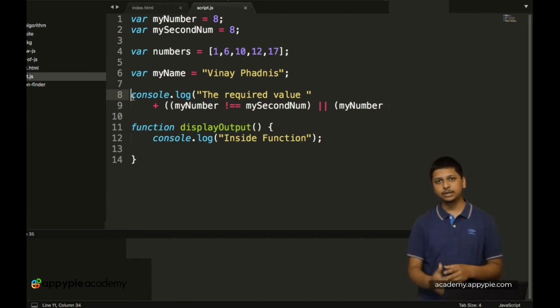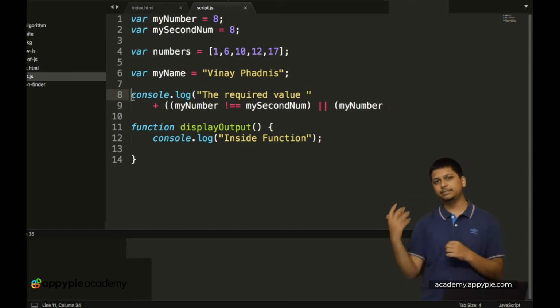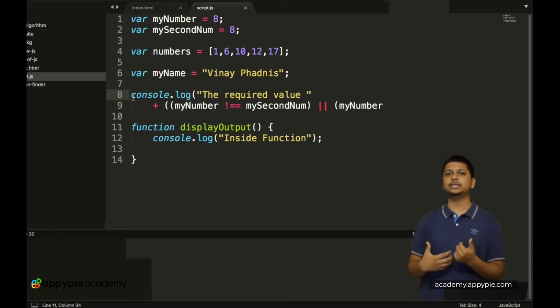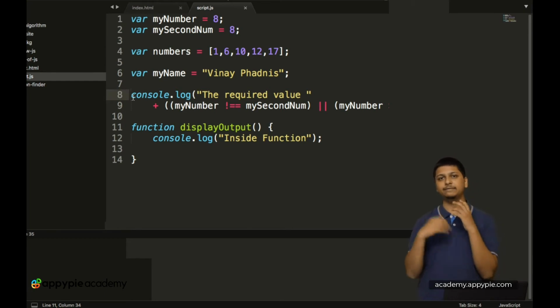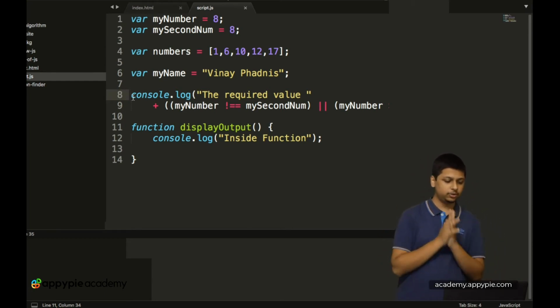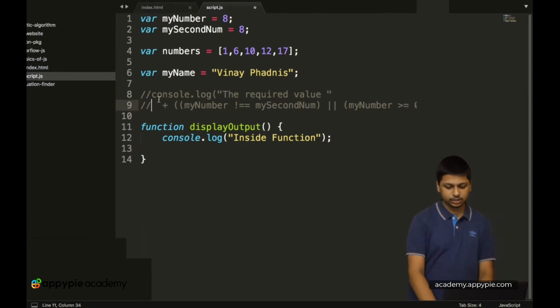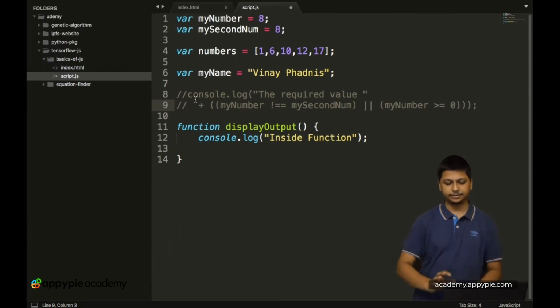In JavaScript, a comment is a line which is not looked at by the browser, but it is just for you to understand what you are writing and where a particular thing is written in your code. To add a comment, we simply type two slashes over here, and by this we convert the whole thing into a comment.